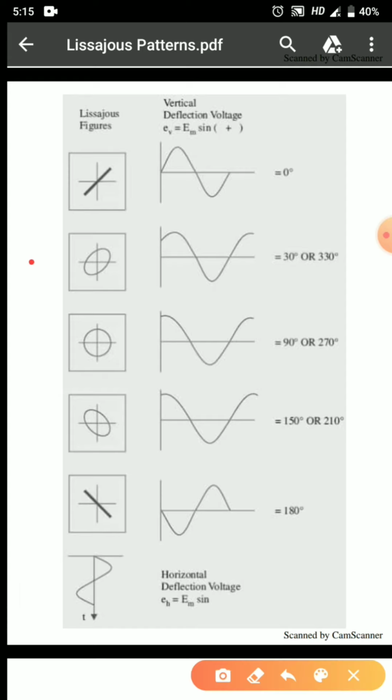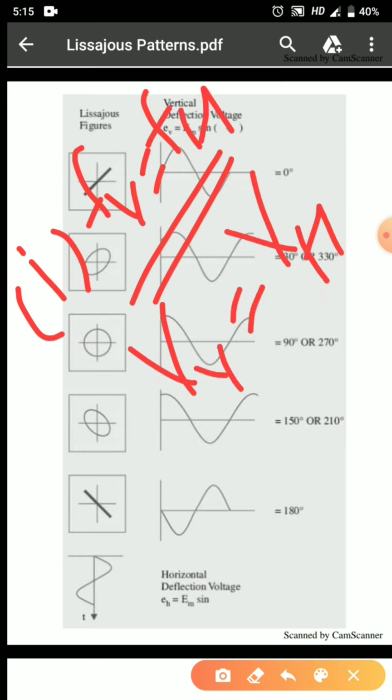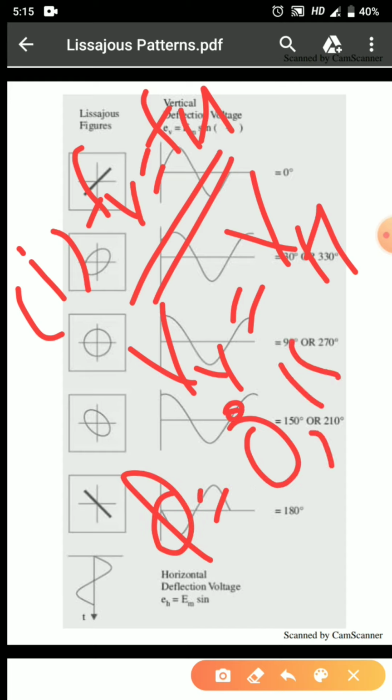Now based on the discussion, there are 3 basic conclusions that we can make. The first conclusion is that we'll get a straight line when the 2 voltages are equal and the phase is also equal. That is, for getting a straight line, the condition is that the voltage of the vertical plate and the voltage of the horizontal plate are exactly equal, and the value of phase is 0 degree or 180 degree. At this time we can get a straight line. So this is the conclusion that we are getting on the basis of this discussion that we have made.